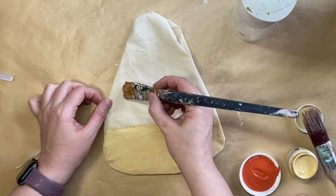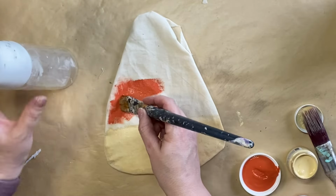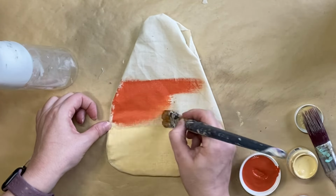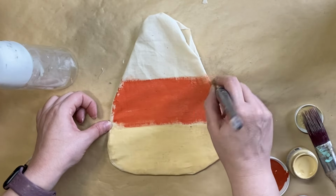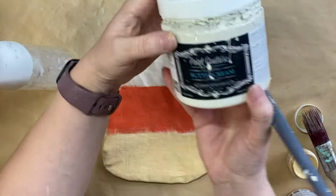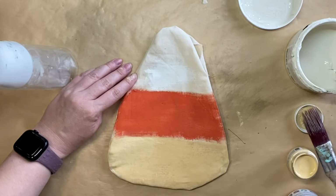I'm then going to use Firelight by Paint Couture. This is going to be our orange for the center part. You probably could have painted the different pieces of fabric while they were still separate before you sewed them together, but I thought this was a bit easier to get the different sides to match if I had them already together. I'm then going to be just using Buttercream Chalk Paint by Paint Couture for the top section,